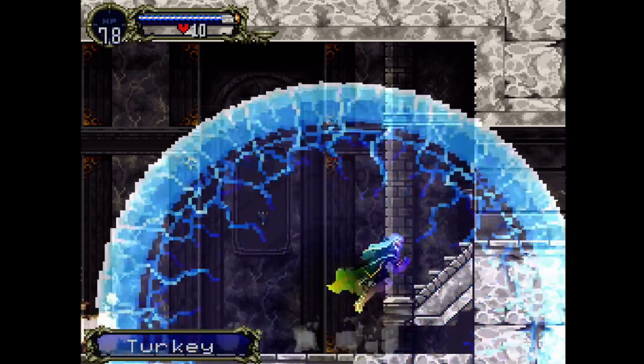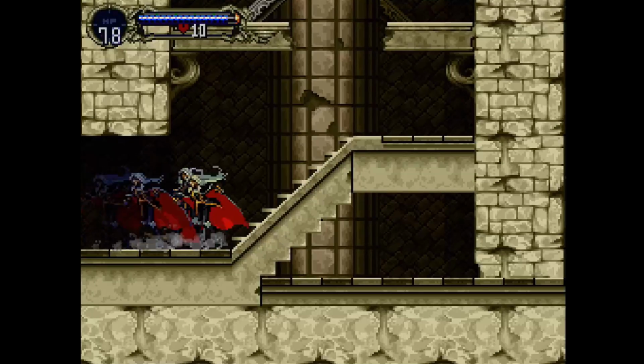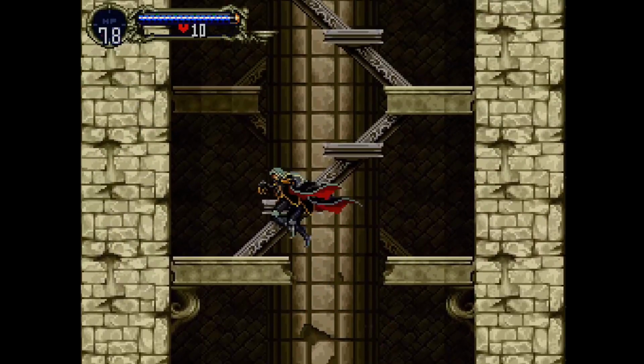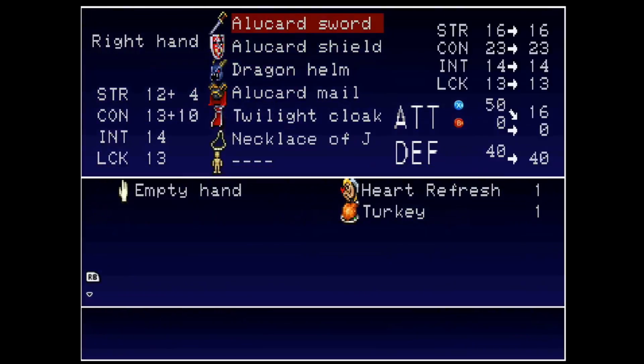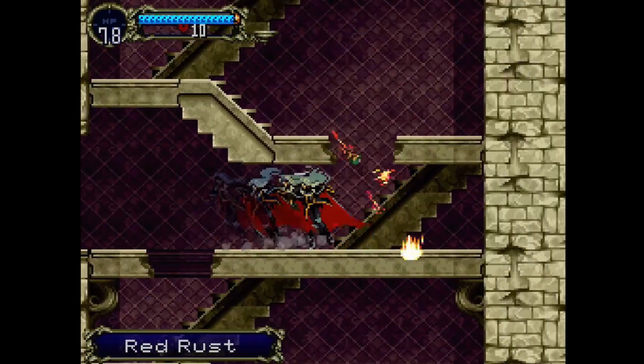This will make sure the next load zone Alucard passes through will teleport him a whole room's length forward, past the room where Death takes all of his equipment. This glitch allows Alucard to keep his extremely powerful starting gear, so he may destroy enemies and bosses efficiently to